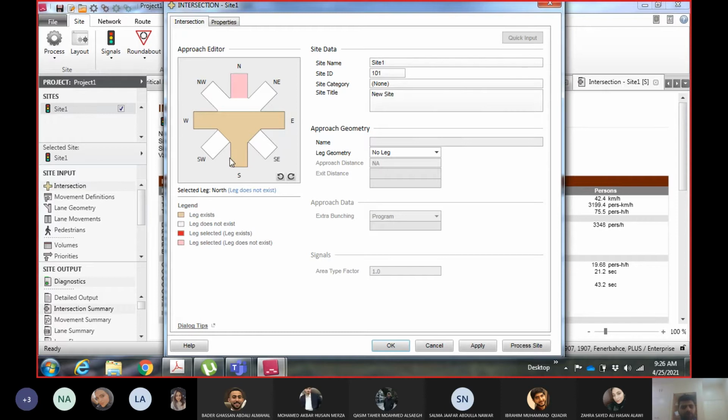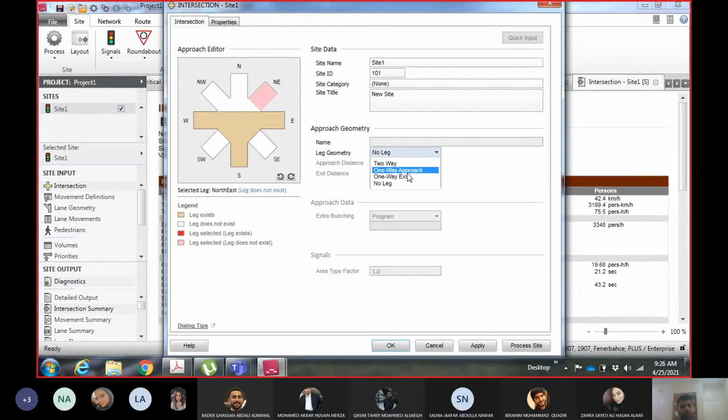Now similarly, I have selected 3 legs which are perpendicular to each other. But in your case, let's say the third leg is tilted. Instead of having this leg in the east direction, you want to have it in this direction. So you come here, go to this option. Do you have a 2-way or 1-way?